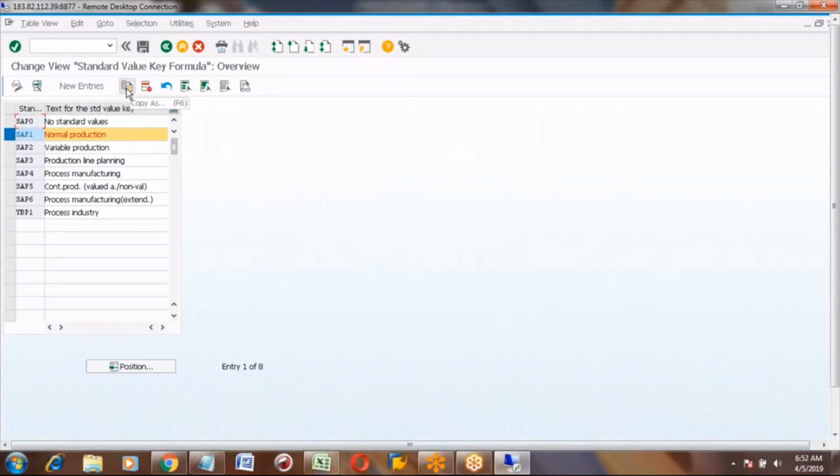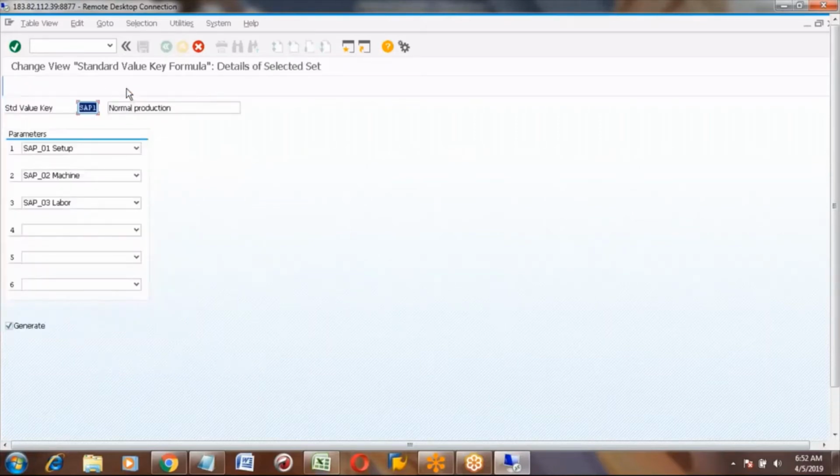When you copy, it will show you another screen, Change View Standard Value Key Formula. Here you can put any name, normal production, some name, like I'm giving Honda. And here you can give the 6 parameters.